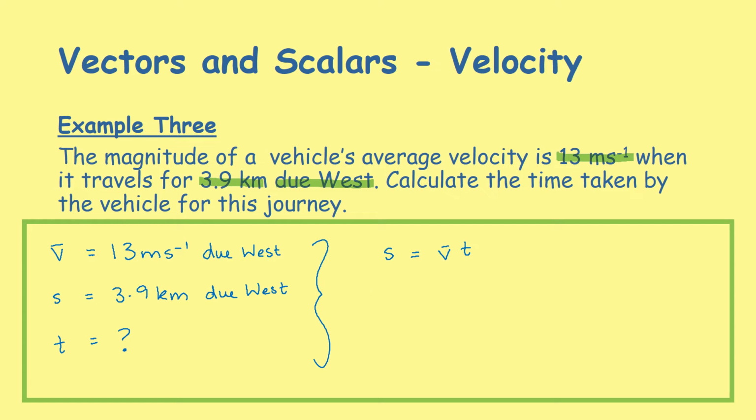Looking at our displacement, before we start putting some numbers in, we've got 3.9 kilometers. This needs to be in meters. So 3.9 times by 1,000 gives us 3,900 meters. That can go into our equation. 3,900 equals 13 multiplied by our time. So we want to rearrange this and do 3,900 divided by 13, which is our time, and that is an answer of